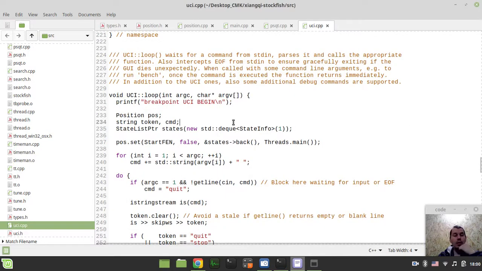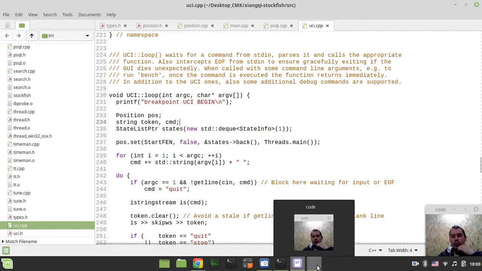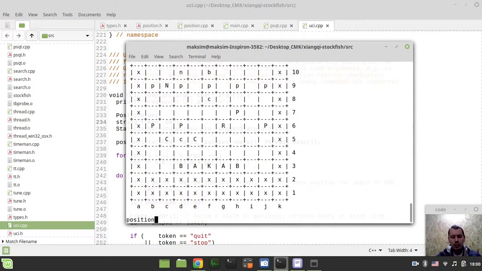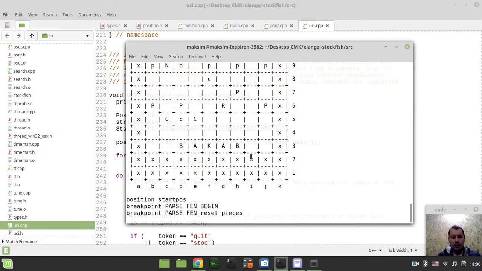But anyway, before we continue, if I say position startpos again, just to restore the initial position, and now I can say position startpos moves and input a move. Well, it won't get recognized, but the idea here is that when we say position startpos moves, and then, well, let's say we want to say like h, so it's not really correct now,